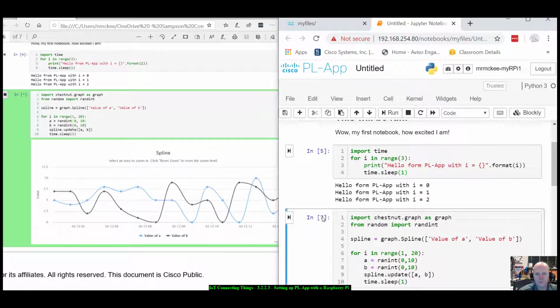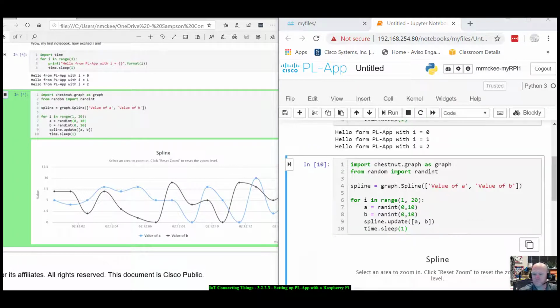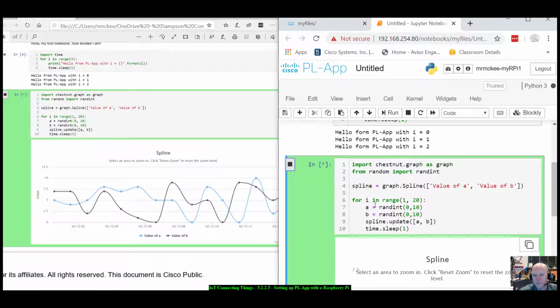All right. Let's see what I did here. I put rand int and then rand integer. Right now, if I play this,